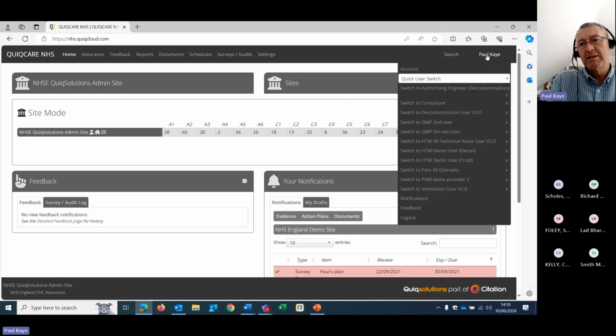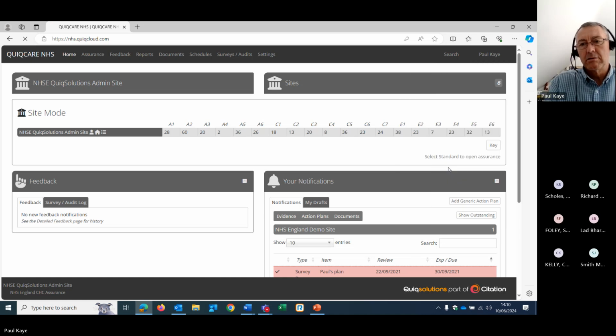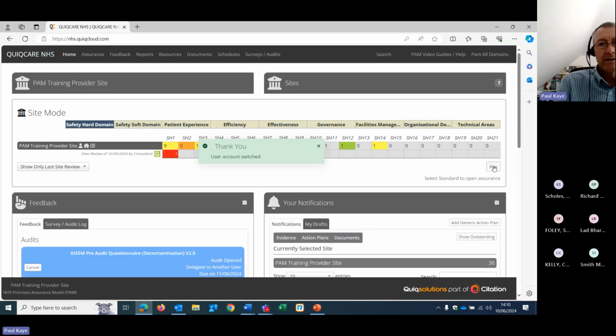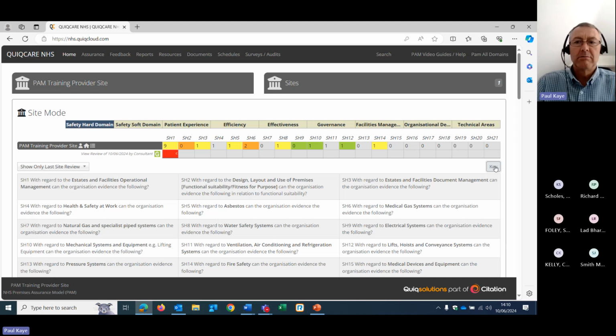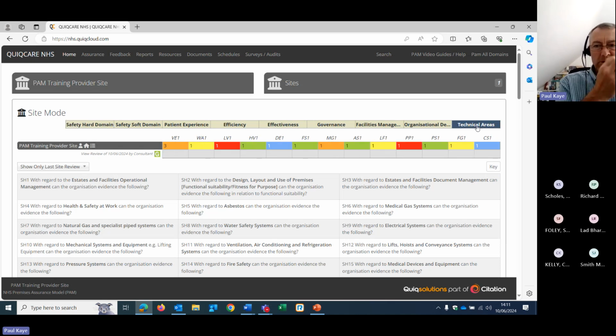It's based on permissions, so we can set up access to specific domains for specific users. So if you're in charge of ventilation or water or whatever technical area, we can give you access to that particular area that represents your role. And what we're looking at here is the version of our system which has PAM. So these are all the PAM questions, and then the HTM tool is available as a bolt-on module. So if you've got PAM, you can have it as an addition. If you haven't got PAM, you can have it as a standalone, or you can have it with PAM. So you can have any sort of combination.